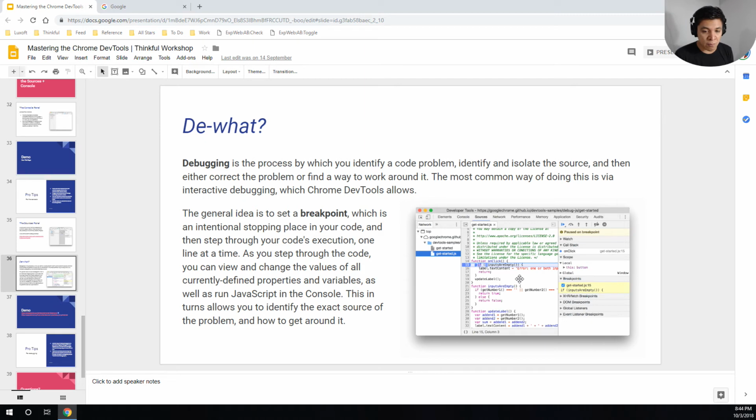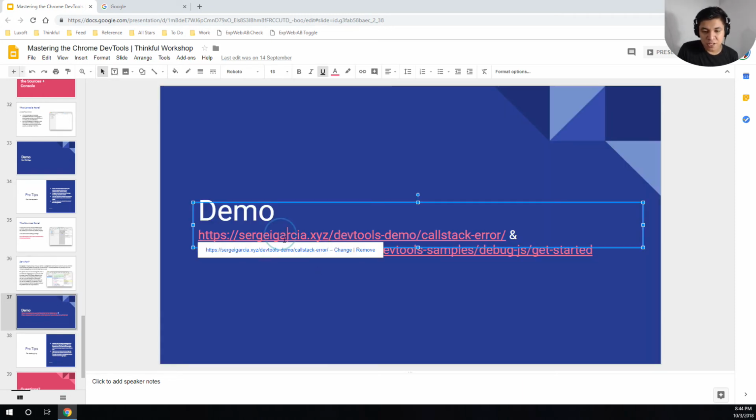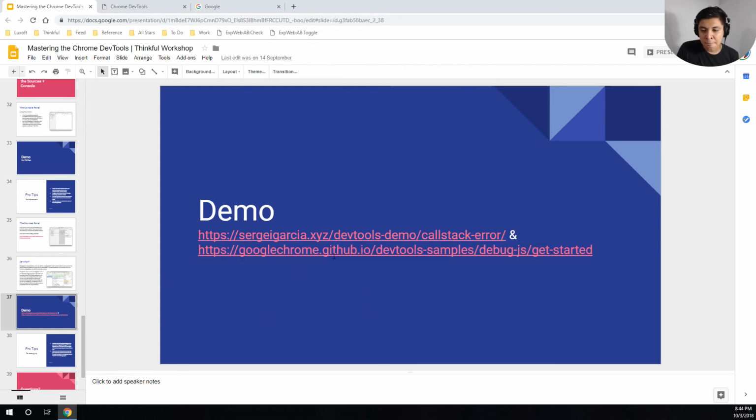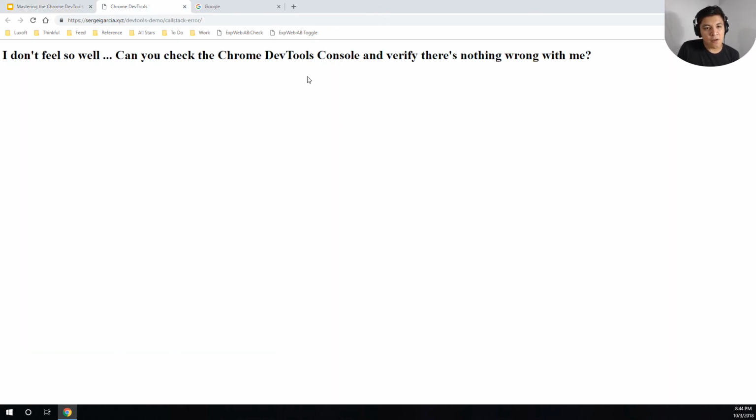Remember, when you have JavaScript problems, you should never look at the result. You should look at the source. You need to find the root of it so you can fix it. So the DevTools allow you to do exactly that, to figure out why a problem is going on. And to show you that, I'm going to show you these two errors that are going to teach you about the DevTools. So basically here, we're going to learn about the DevTools in the best way possible by learning to